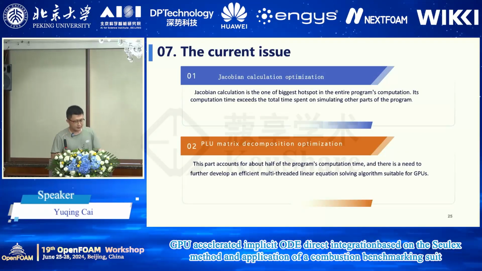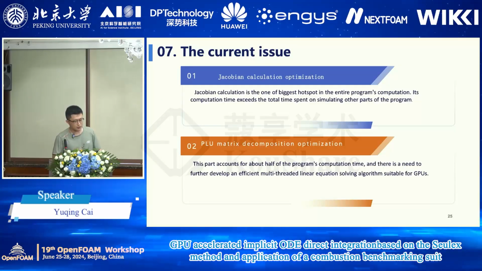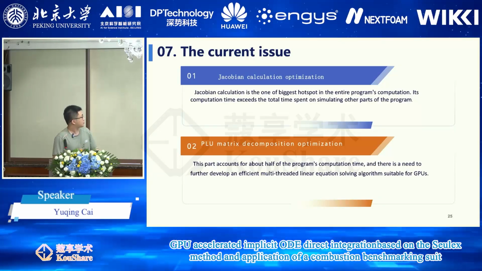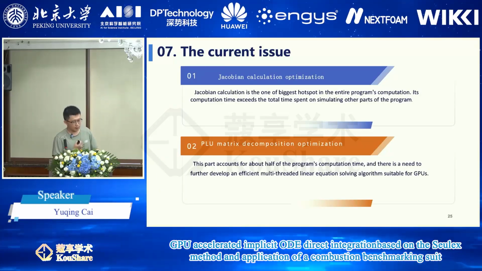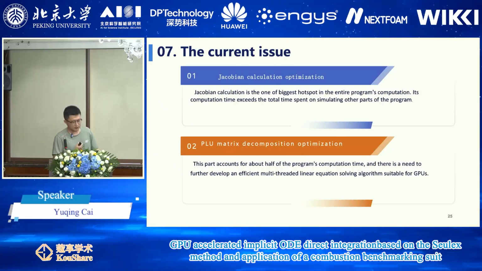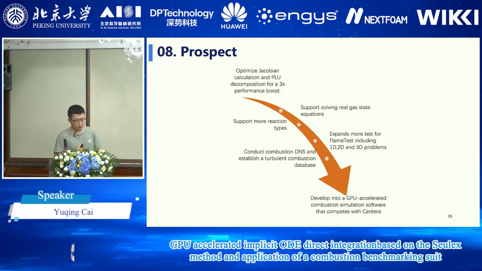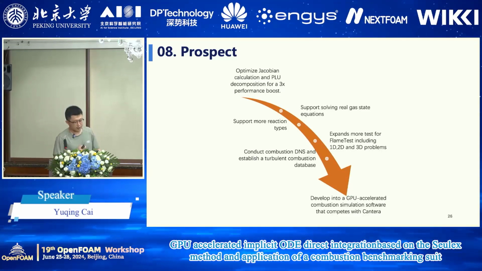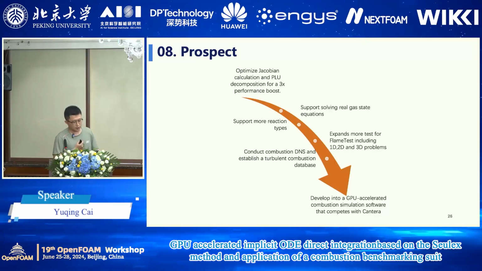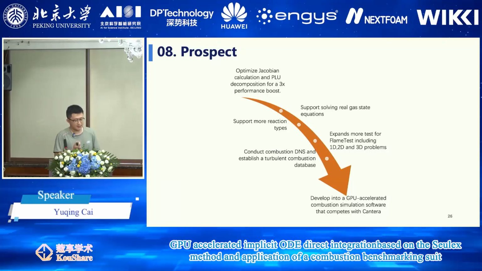We have to say there are still some issues in our package, including the Jacobian calculation optimization and the PLU matrix decomposition optimization. The accuracy is okay, but we think the efficiency can be improved in the future. So, for future work, we will optimize the Jacobian calculation and PLU decomposition for a 3-fold speedup performance boost, and support solving the real gas equation of state and more reaction types,